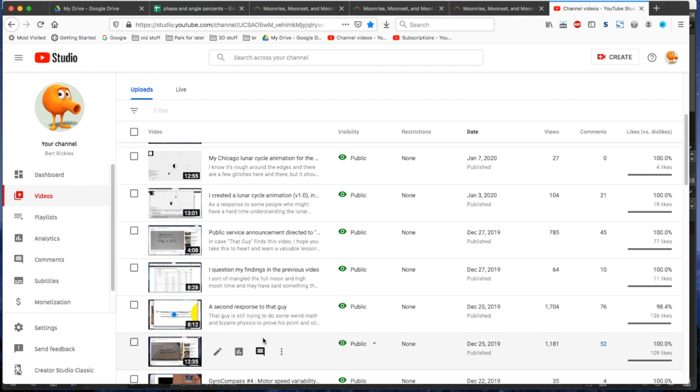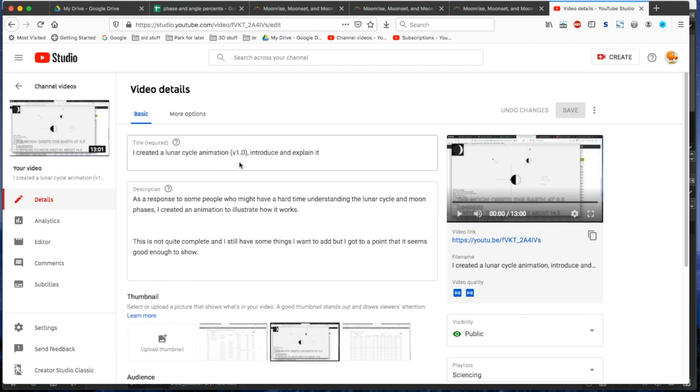During the back and forth between that guy and some others, such as Blue Marble Science and Where's Wally, that guy kept confusing the moon's phase and the moon's angle. And it's already covered in some videos. I'm not going to cover it again here. But what I want to do in this case is to explore the relationship between the moon's angle and the moon's phase a little bit more than what I did in this one here where I created a lunar cycle